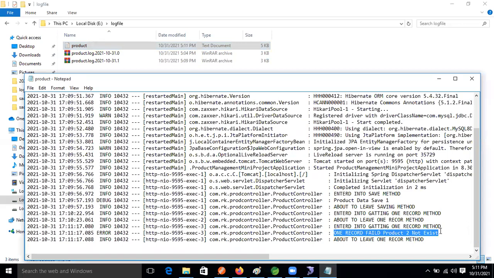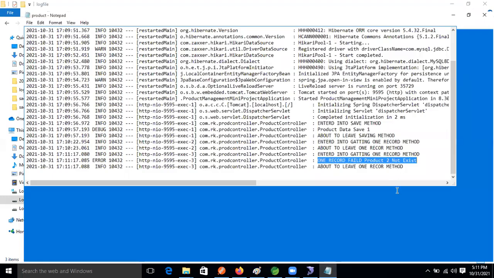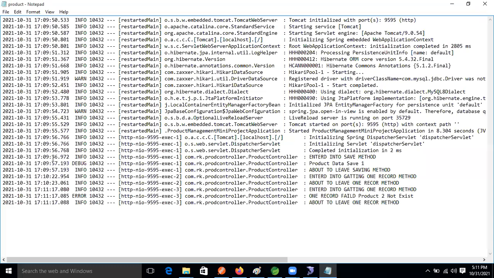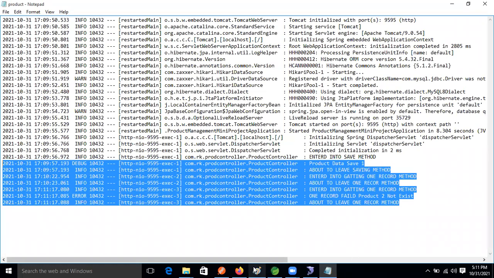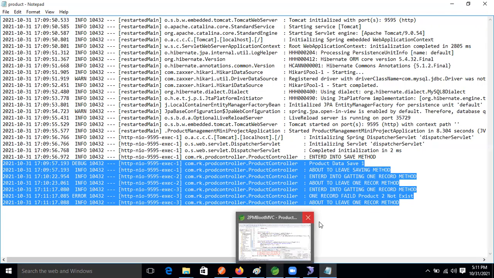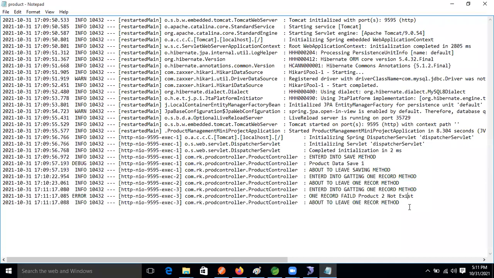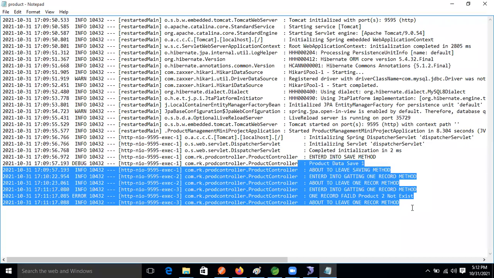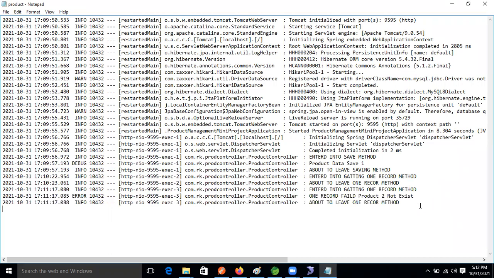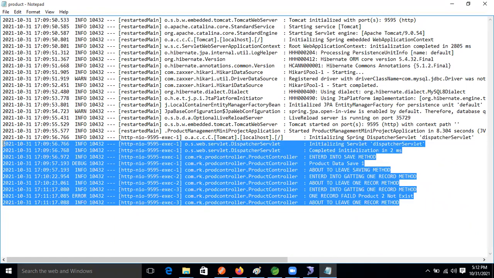Are we getting the log messages in the log file or not, guys? Yes, Ravi. Like this we observe the log file whenever our application is running in production. On the production server, we don't have the capability to observe the console. So every time we take the log file and see where our method is failing, where it is running successfully, and where there is any problem. We observe all those things based on the log file only.